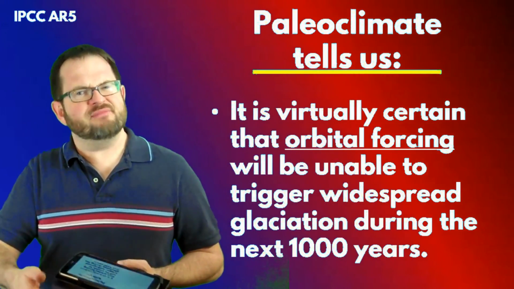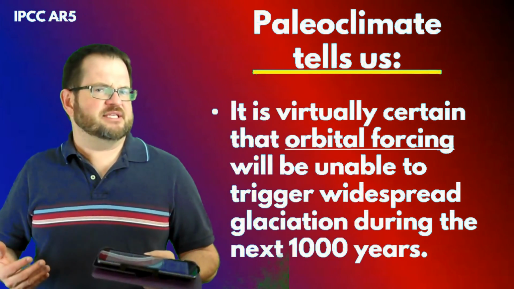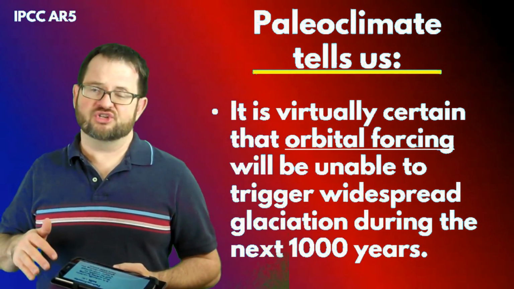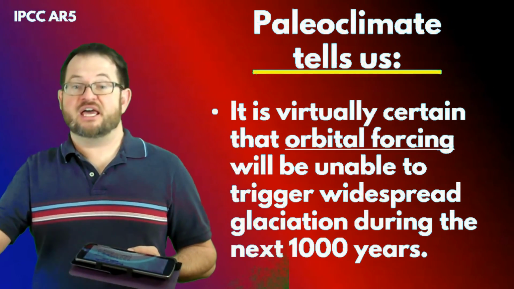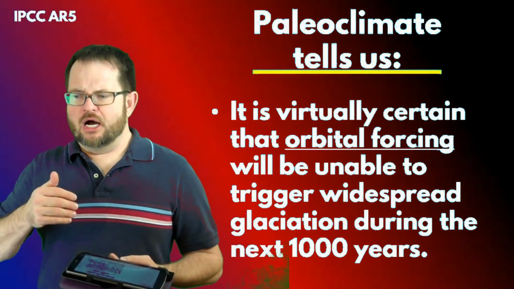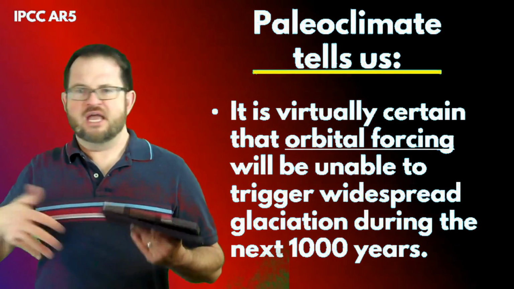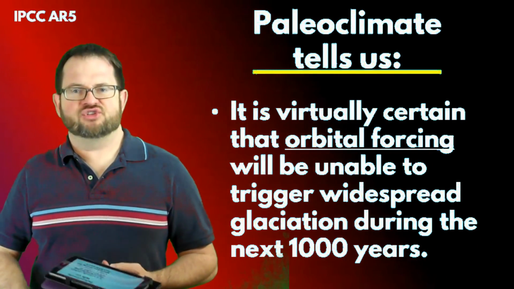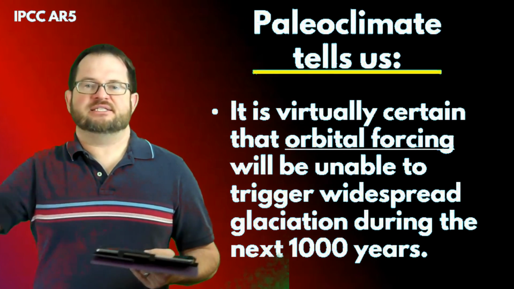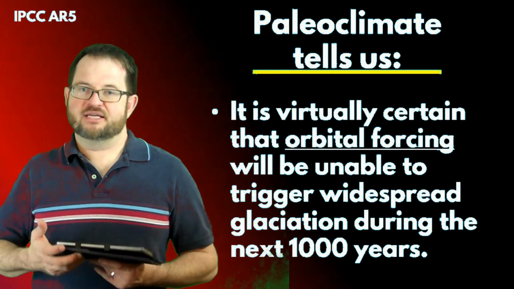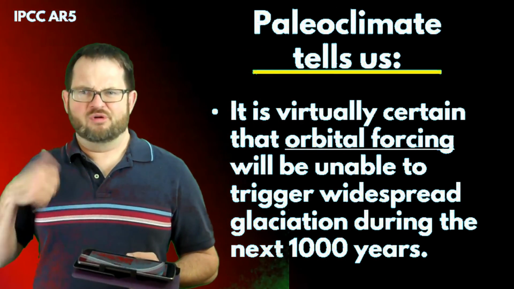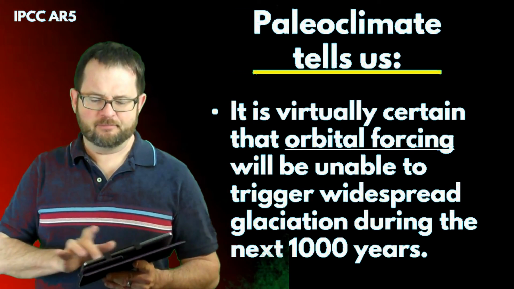That's actually important. You may have heard of this controversy that at one time in the 70s there were some scientists who were concerned that the planet was in fact headed back into an ice age. But now that we have a better handle on what changes in the Earth's orbit are happening, we know that at least for the next 1,000 years we don't need to be worried about an ice age. In part, of course, because we're warming the planet so much, it's just not going to happen.